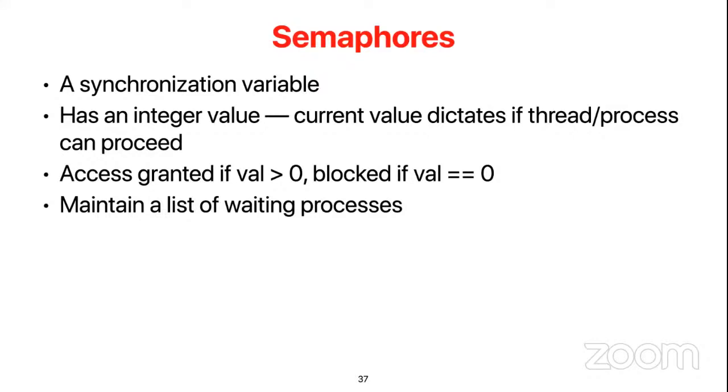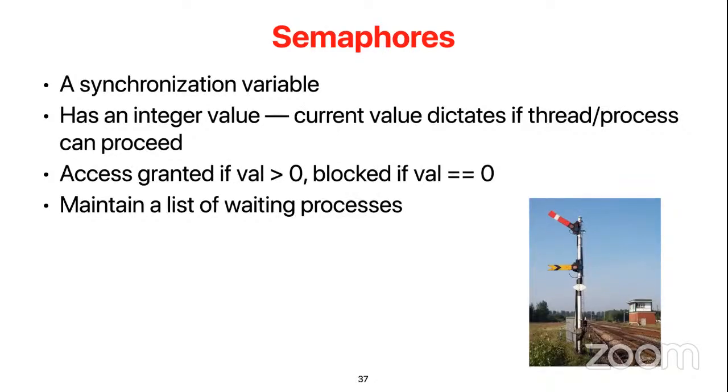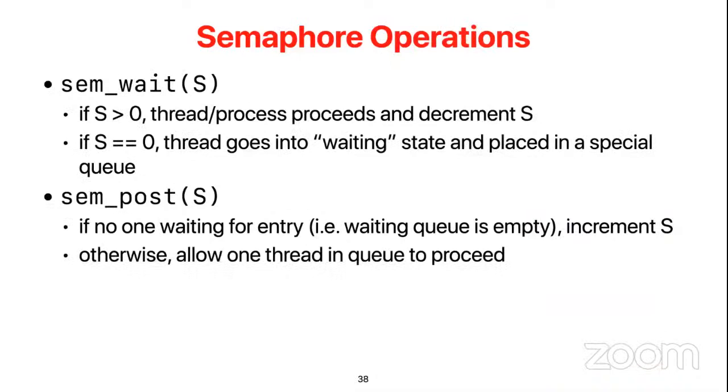Of course, in this way, you can use semaphore to implement a lock if you only allow one process to be in a critical section. And for our bounded buffer problem it is especially useful because in this way, you will be able to allow multiple consumers or multiple producers. So the idea of semaphore is somehow like a signal that your train will see, like, okay, if I am allowed to pass this segment of the rail track.